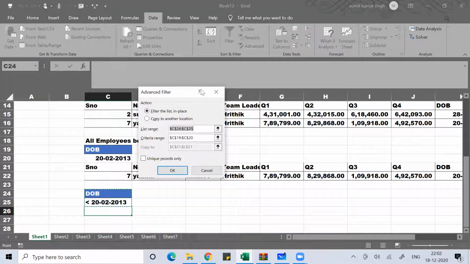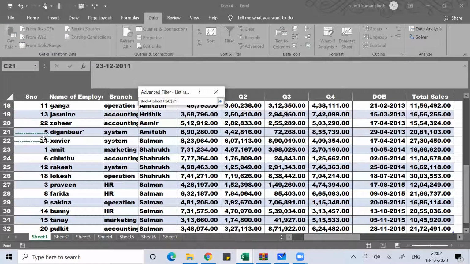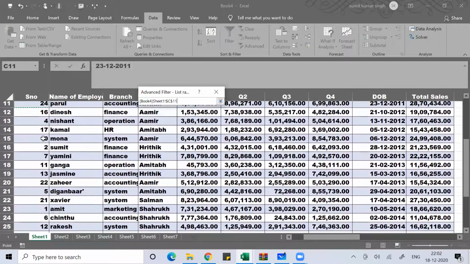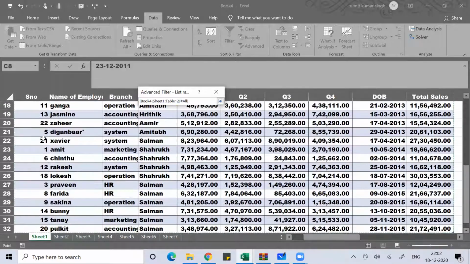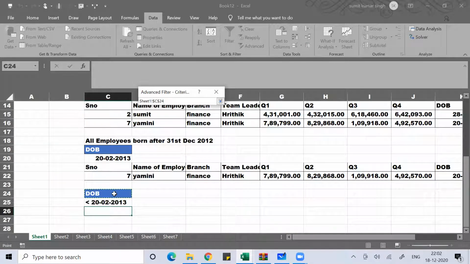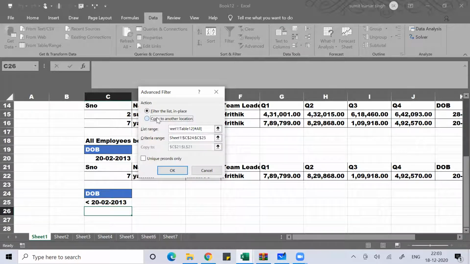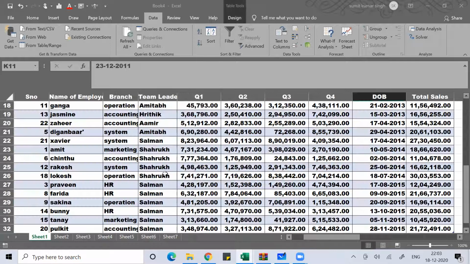Alt A Q, list range. Criteria range. Copy to another location, where you want to copy, here. Press OK.